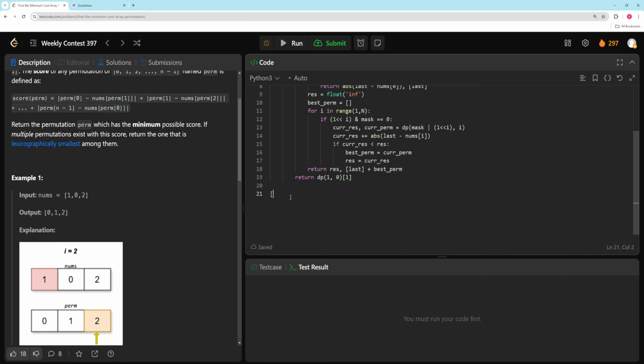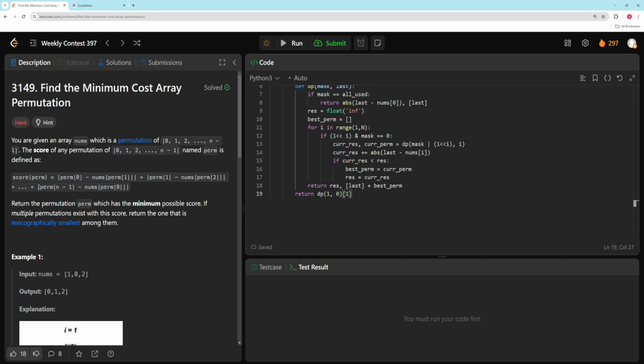So you can just have a bit mask of, let's say I have 5 numbers, I'll just have 5 zeros. And then I'll start with a 0, so this will be on. And for the rest of them, you basically just turn them on when you use them. And when the whole thing is 1, that means you're done. So if you've used every number,